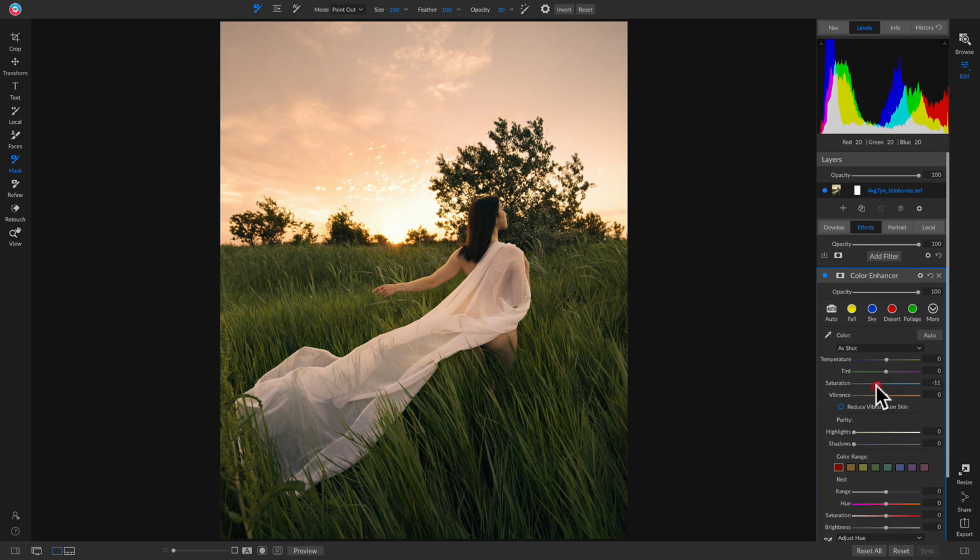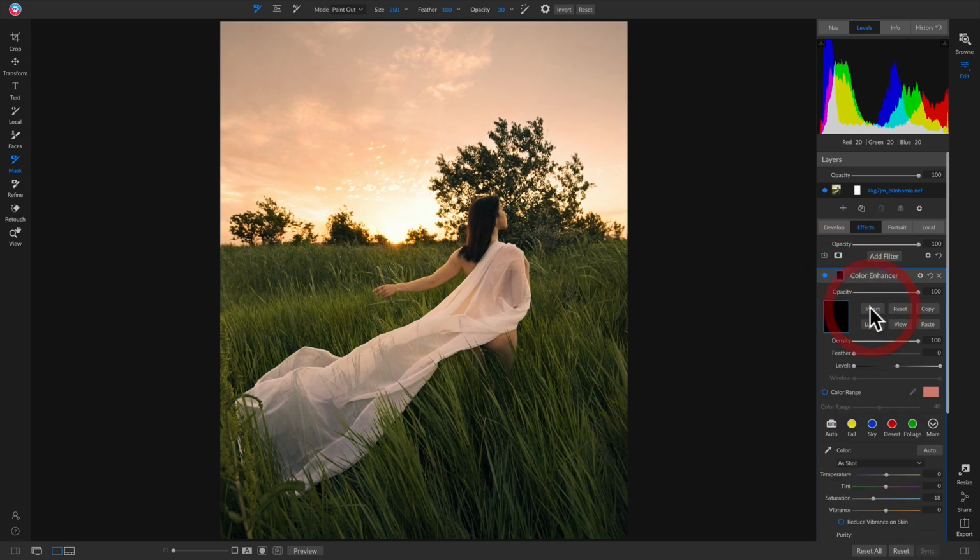and I'll just remove some of that saturation, probably about right there, and then I'll invert this, and then we can just brush this on. Oops, probably want opacity at 100. So if I turn this off and on, does a good job of just kind of removing some of that orange tinge, making it look a little bit more natural. So if we hit the backslash key on our keyboard,